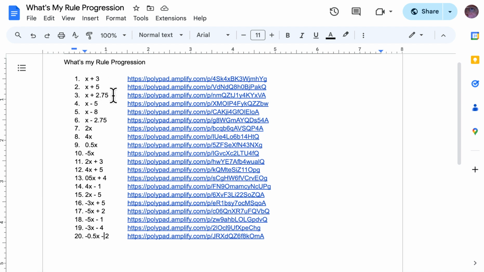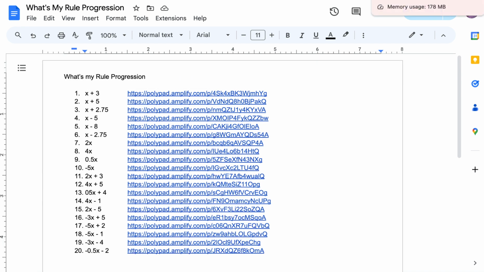We start with simple one-step equations. First adding with whole numbers and decimals and fractions, and then subtraction with whole numbers and decimals and fractions, and then we look at multiplying, or multiplying by a fraction, and then multiplying by a negative number, and then we move into 2-step equations. This way,